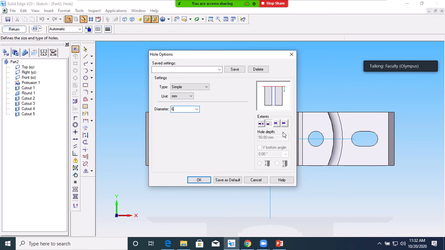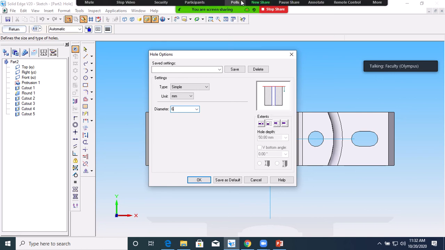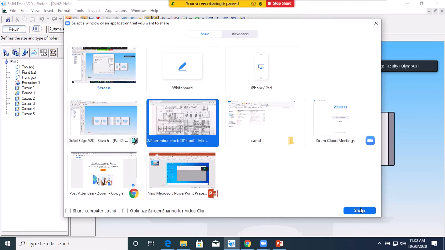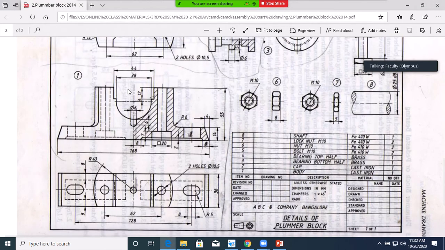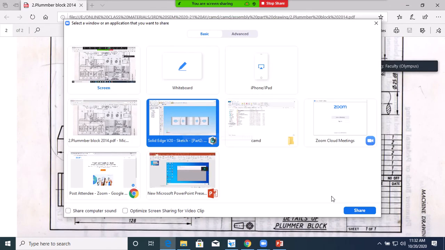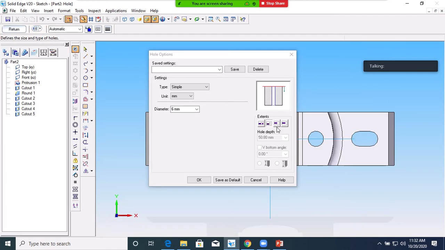I want the wall through a certain extent. I don't want through all. If you give through all, what happens? This wall will be created till the bottom. That's why I want a finite distance. So select finite distance here, finite extent.